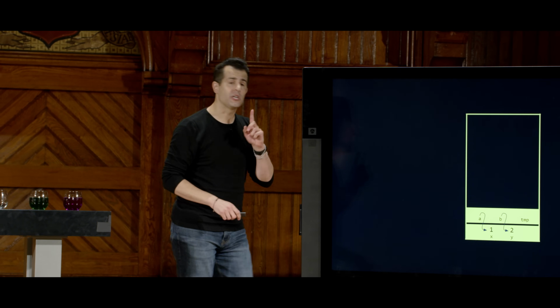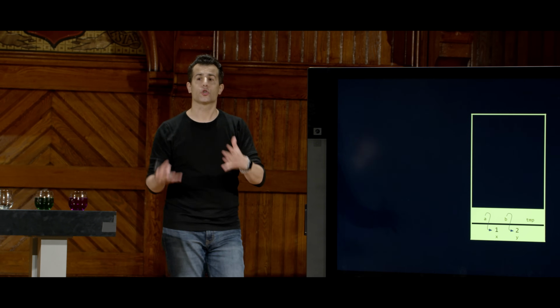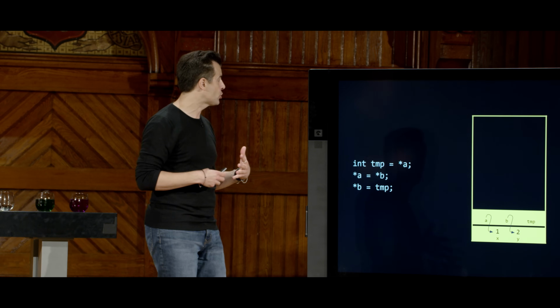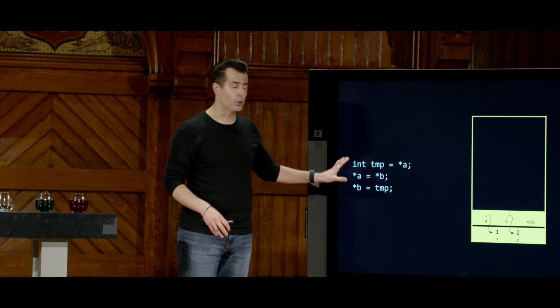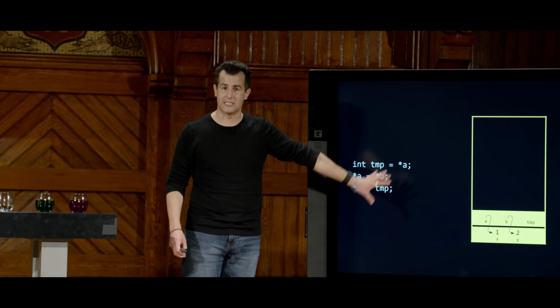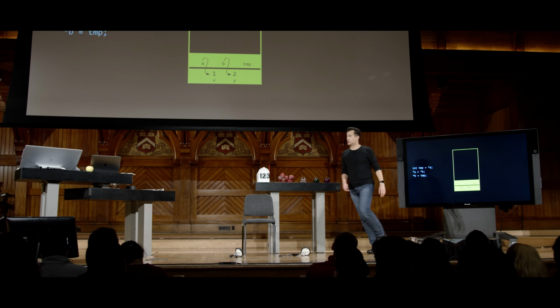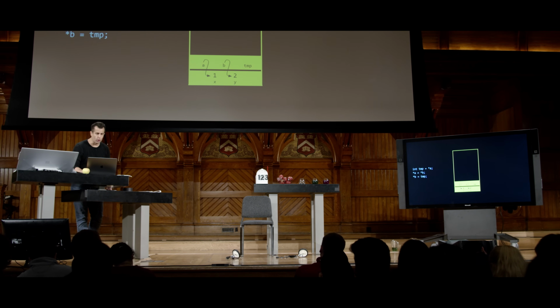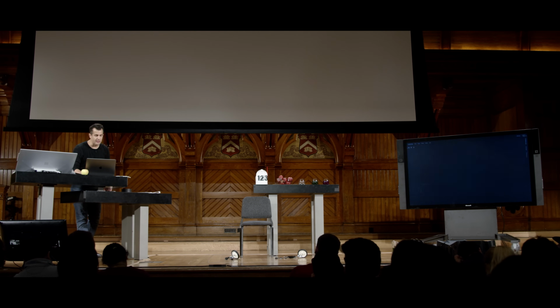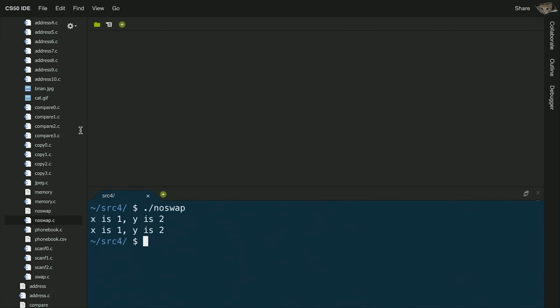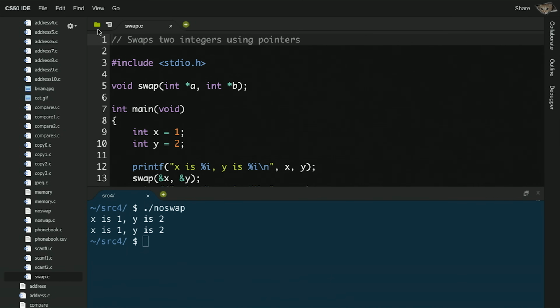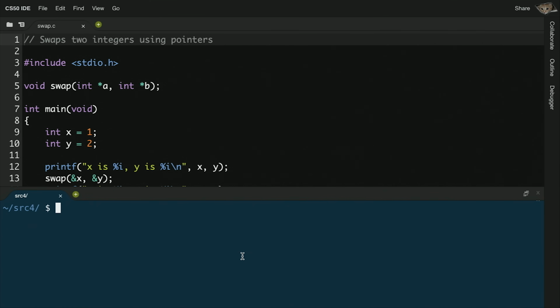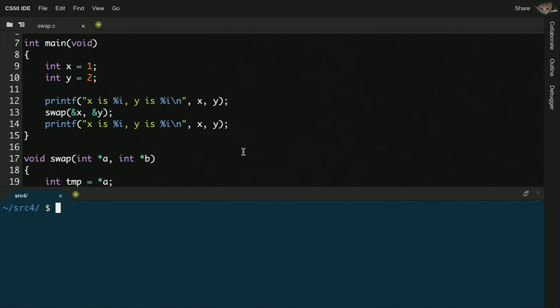So the code I'm actually going to use now is a little scary looking, but it just goes back to those first principles from the very start today. I need to put, unfortunately, some asterisks all over the place here. But let's see why. First, let me actually back up for just a moment and propose that the swap code I'm going to use now is not that in noswap.c, but in a program called swap.c. So in swap.c, I have almost the same code except this.